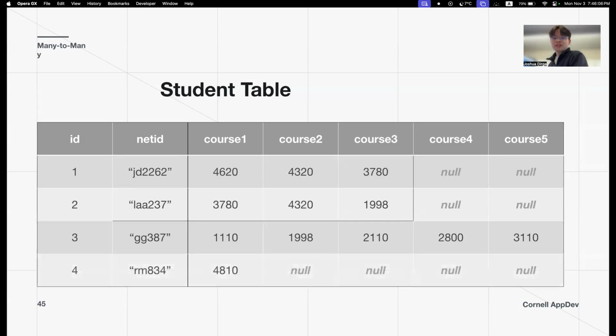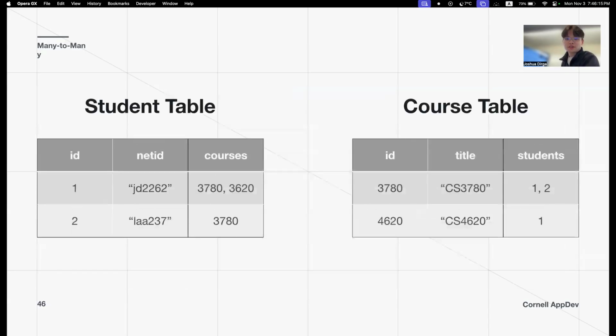And this is not good because if you have a student with 1 course, you have 4 nulls. And in the end, your table is full of nulls, which is highly inefficient, right? So the better way to do it, this is method 2, would be to have a student table and